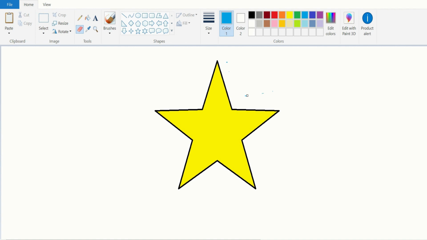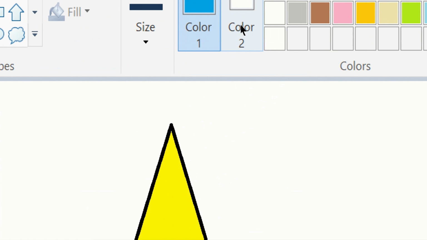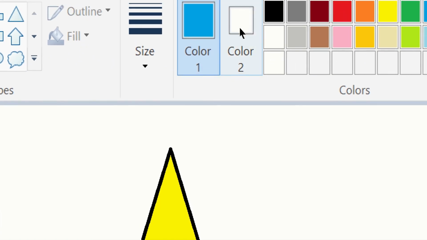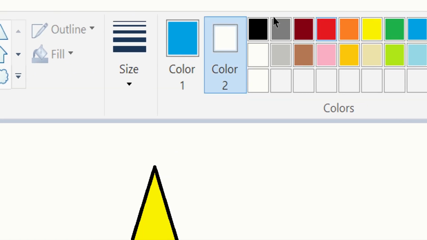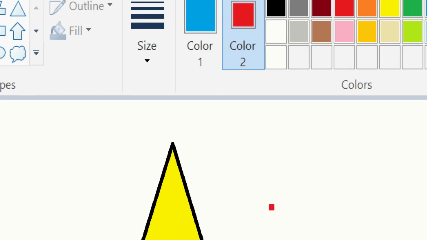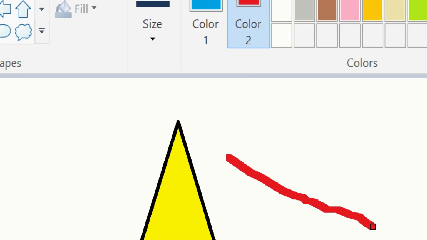See, here the blue lines got erased. Can you see? You can change the color of the eraser by changing the color box to any other color. See, here red eraser, we got red eraser.